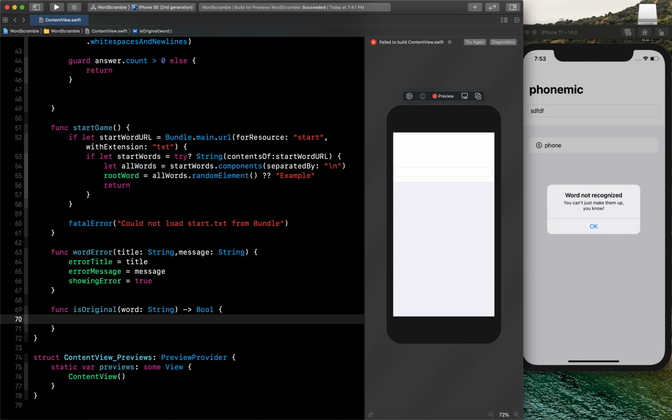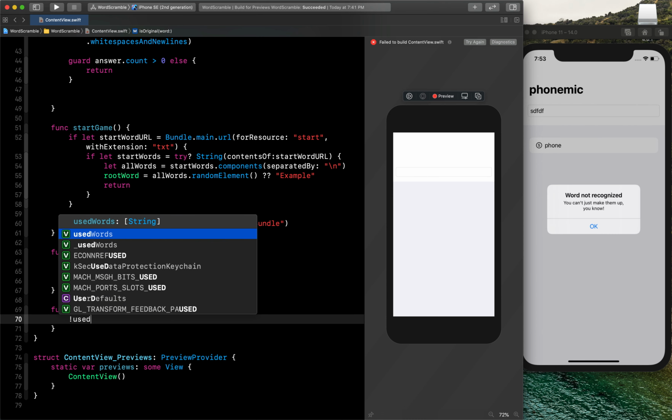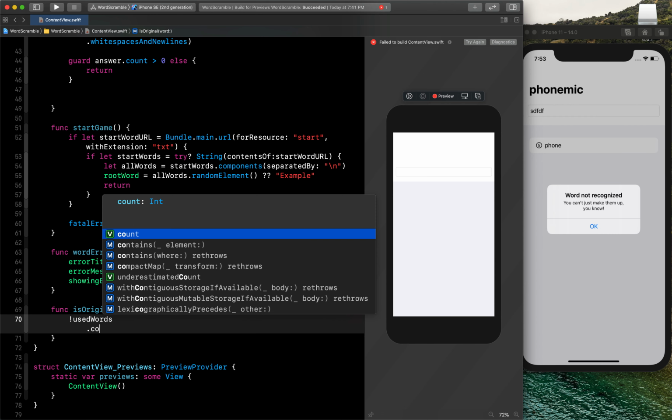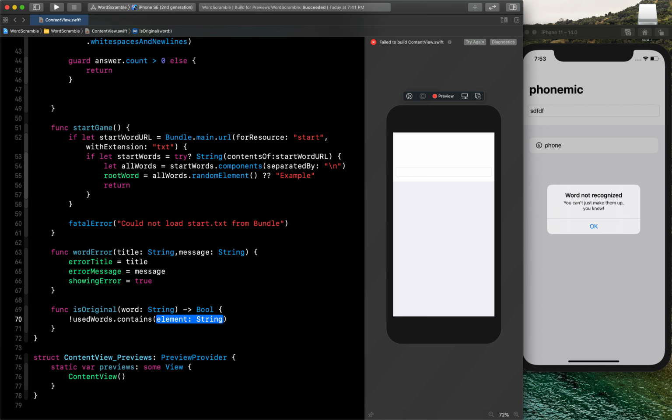Used words, I will say, are the words which the user has already typed, and I will say dot contains, and if this word is already there, then we will just directly return false from here, because this word is already present, you can't do that. We will do that at the last.